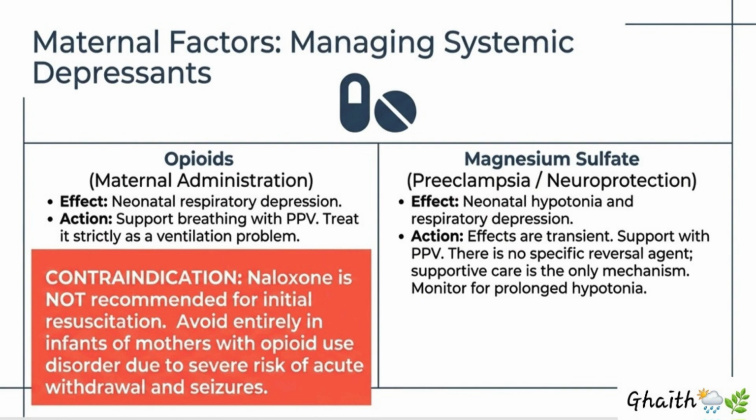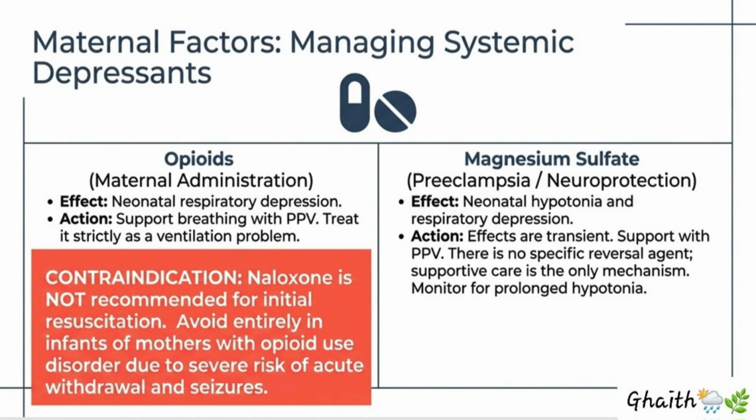Here is the critical safety point of this slide. Naloxone is not recommended for initial resuscitation, and it should be avoided entirely in infants of mothers with opioid use disorder because of the severe risk of precipitating acute withdrawal and seizures in that infant. This is a change from older teaching that many of us trained under, so it's worth stating explicitly: support with